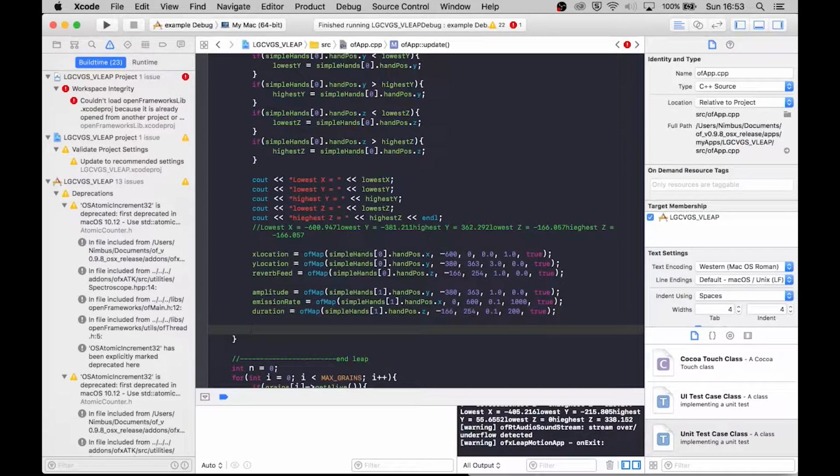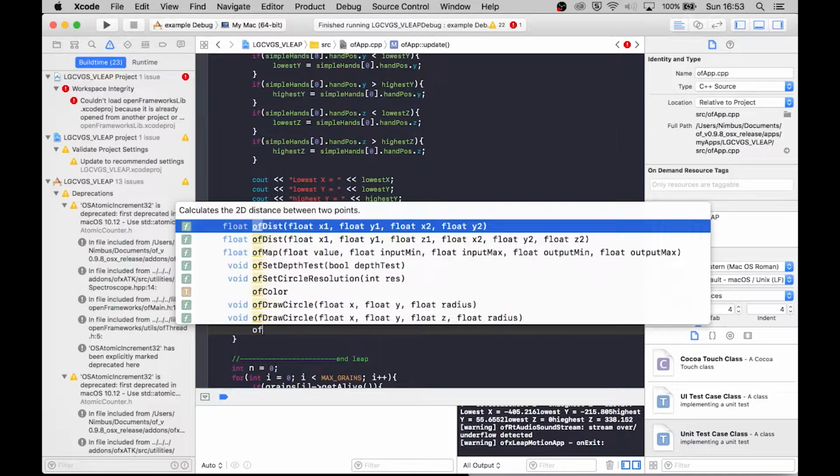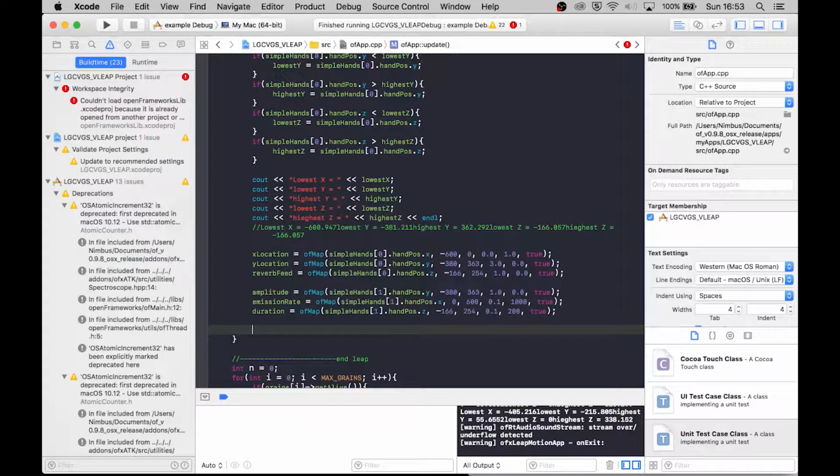And do, I just want to find this hint. Yes, okay, so we can get the distance there. There's a function for that. It's just Pythagorean theorem. But all right, so